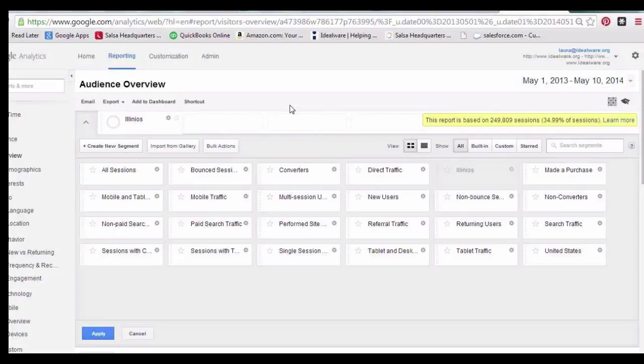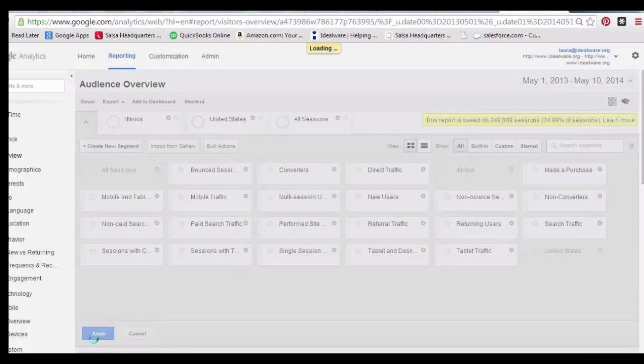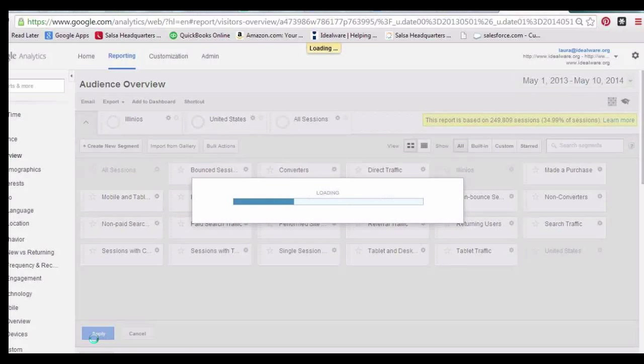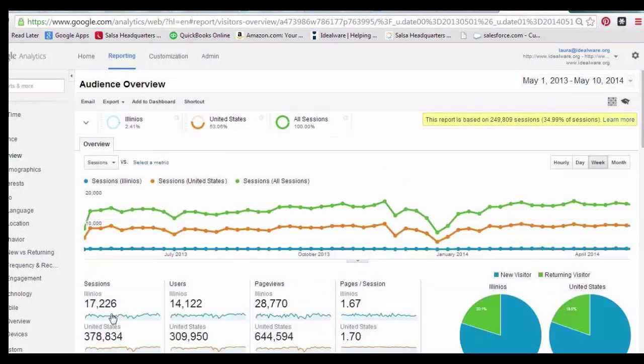and it will add it to your main view. So you can basically just say, all right, I want to see visits from Illinois versus visits in the rest of the world, and I'm just going to add those to my dashboard, and that's what I want to send to myself. So you can customize this really highly so it does what you want. I can do Illinois here, United States here, all sessions here,